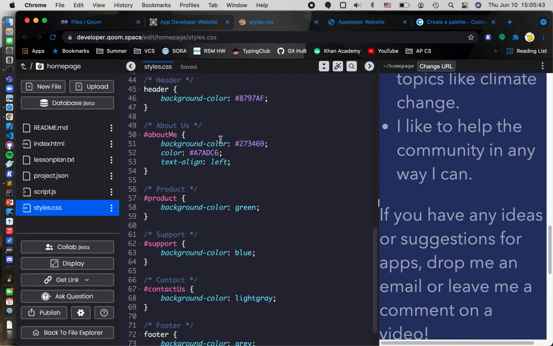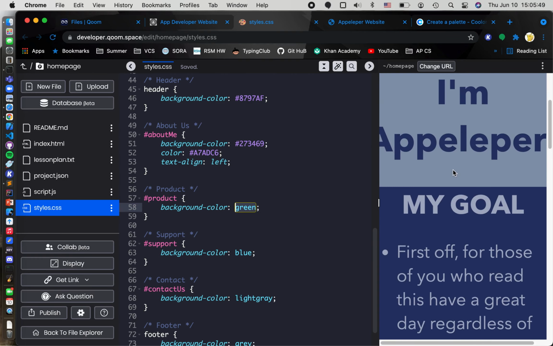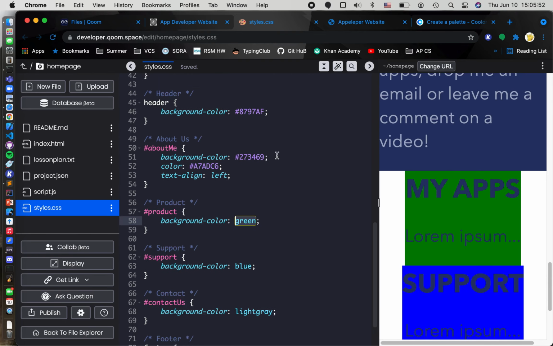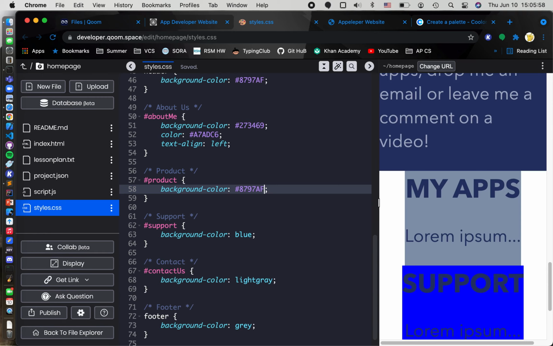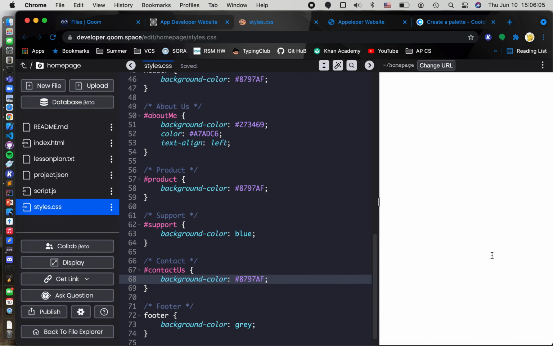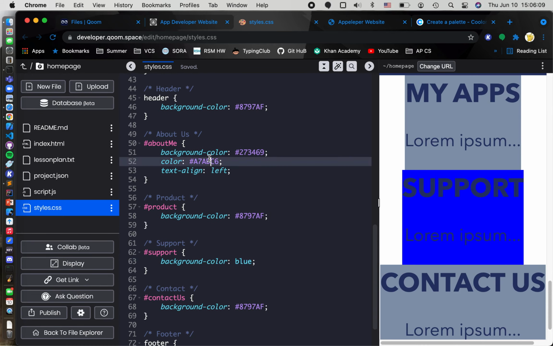now that we have finished up to this, in our product section, which is this one, we want to go back to having this color. So we want to use this header color, hashtag with the color. Same thing with the contact us, we want to have the same color. So now it's been updated, and we want this one to have this color instead. So we'll have this color,